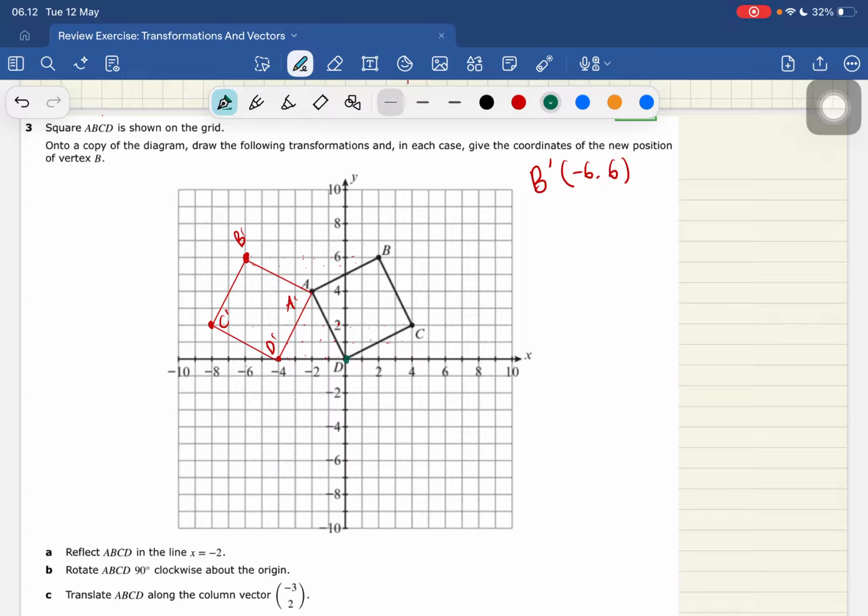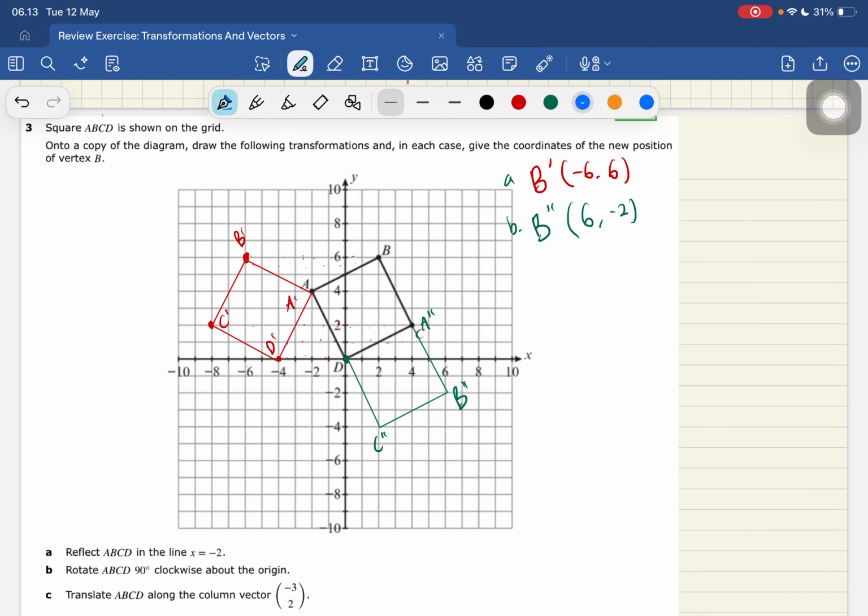So D is going to be invariant. So it's going to be here. Yeah, D is going to be invariant. It's going to be C. Here is B and A. So the coordinate of B is (6, 2). Okay, here is A, B.